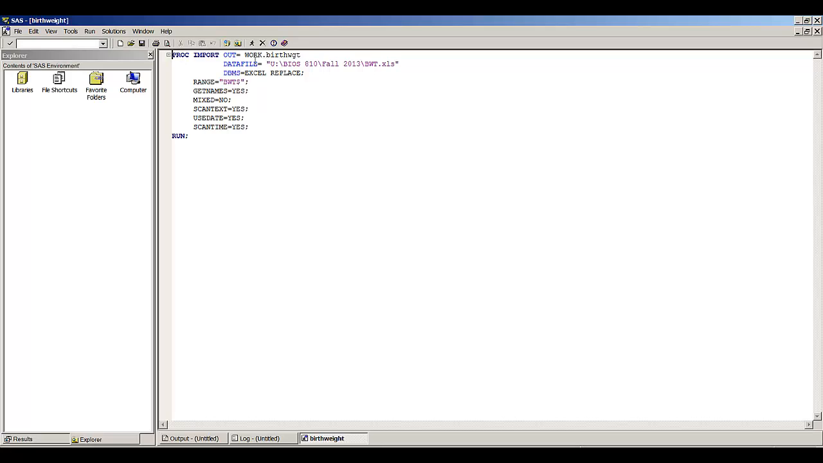So here we see that SAS has created a temporary data set called birth weight, and that it came from this file, and this was the location of it. So let's say we want to find out, well, what's in the file. We're going to look at a procedure called proc contents, data equals birth weight, run. So let's run all of this code and see